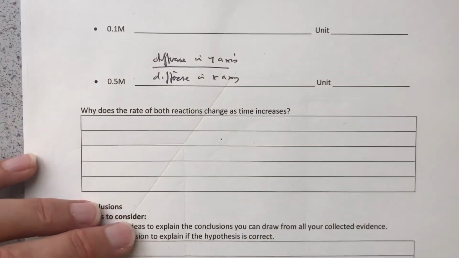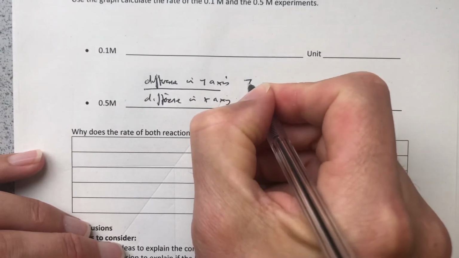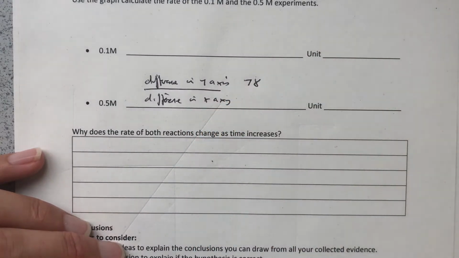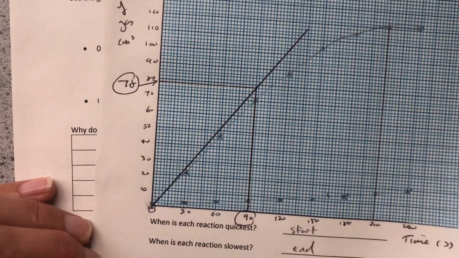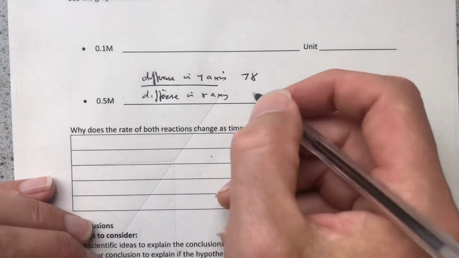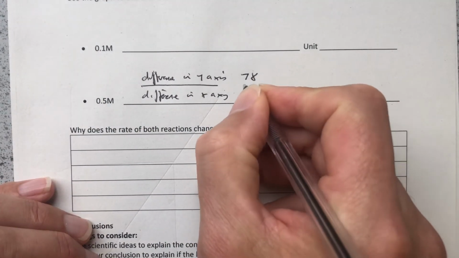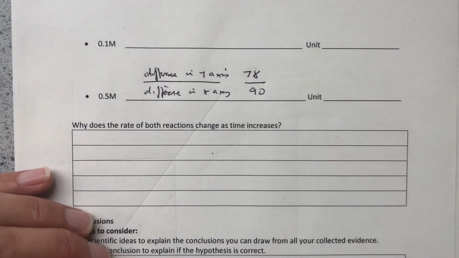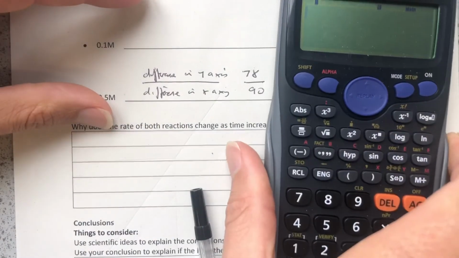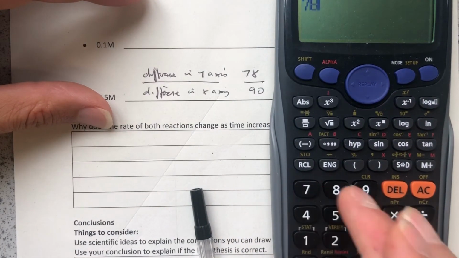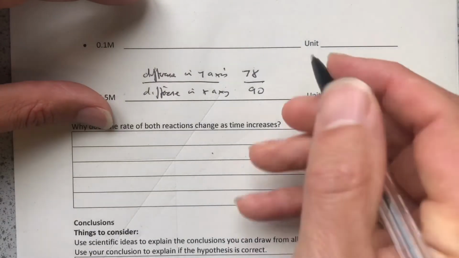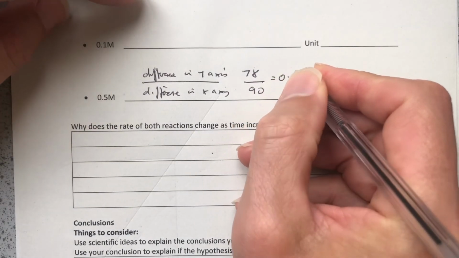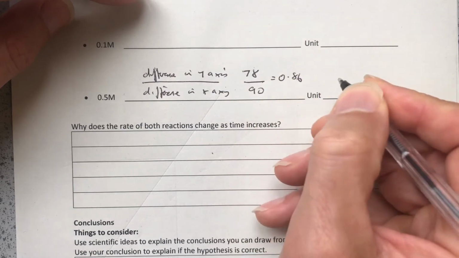Back over to this side. So it's 78, the difference in the y-axis. We started at 0, so 78 minus 0 is 78, so we take the difference. And the x-axis is 90 minus 0, so 90. So we need to do 78 divided by 90. So we've got my calculator, let's just put that down there. 78 divided by 90 equals 0.86. So the answer is, the rate of that 0.5 mole per decimetre cubed reaction is